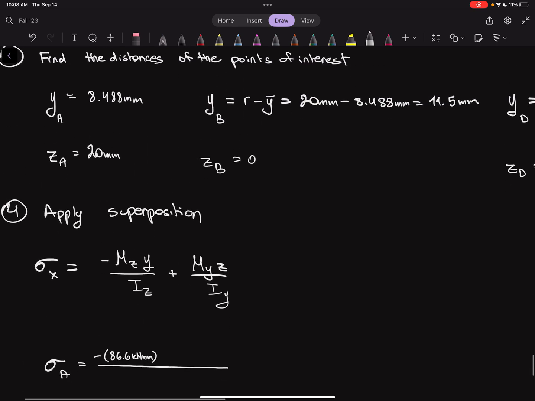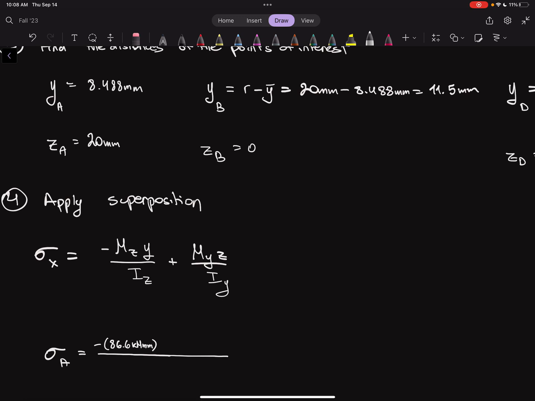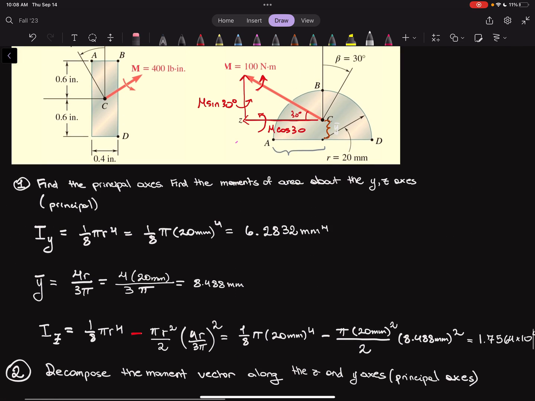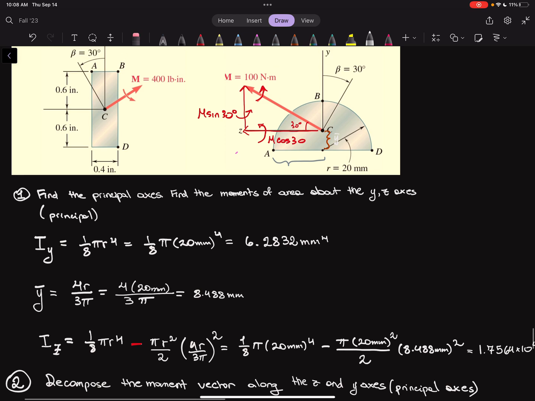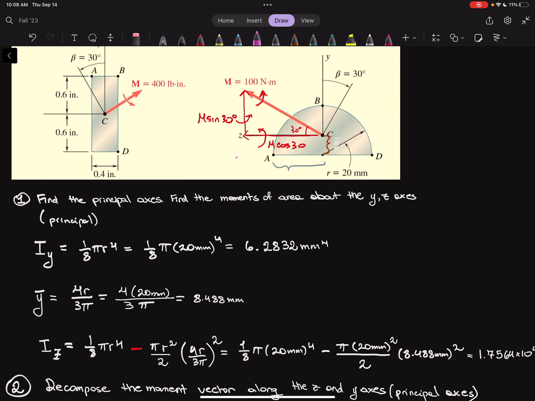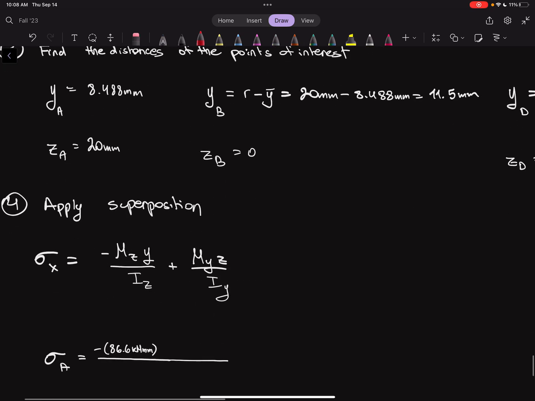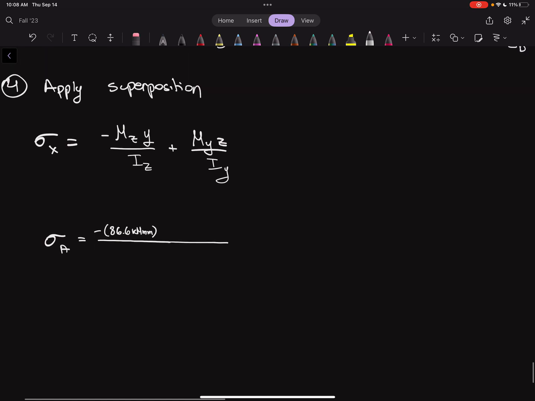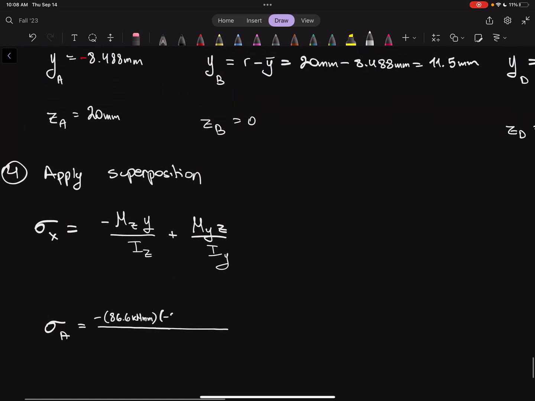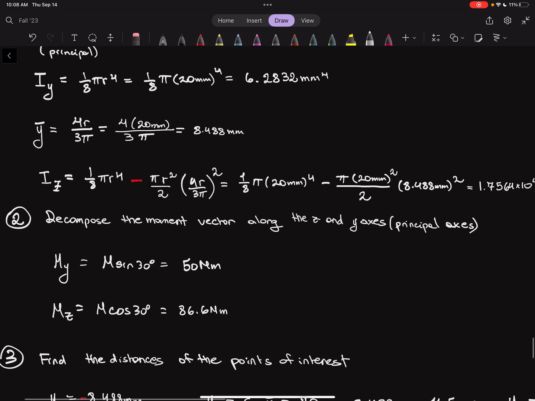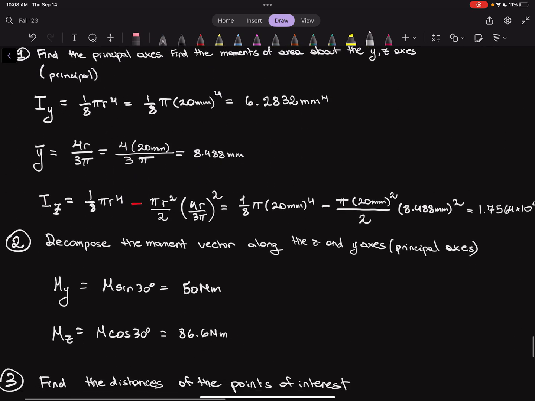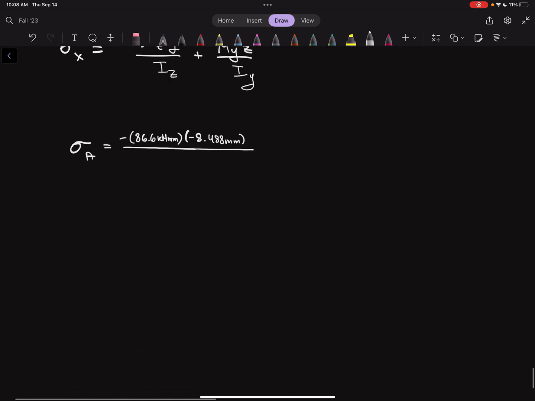Our y, we decided, is 8.488 millimeters for A. Now, this is where we have to be careful. We are going down the y-axis. So that's negative. So that's my bad. See, they're full of potential mistakes. Minus 8.488 millimeters divided by Iz, which is 1.7564